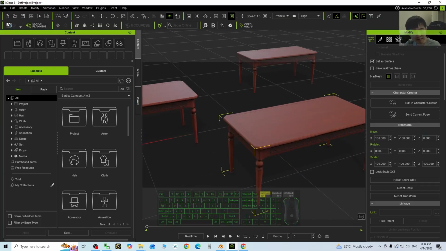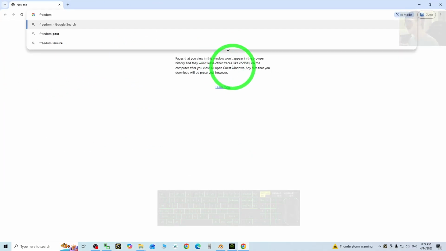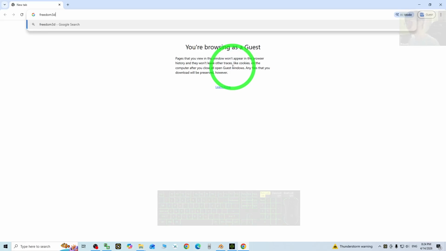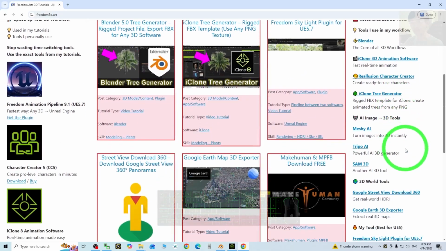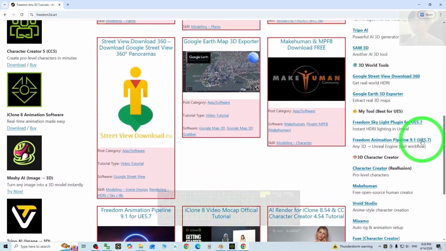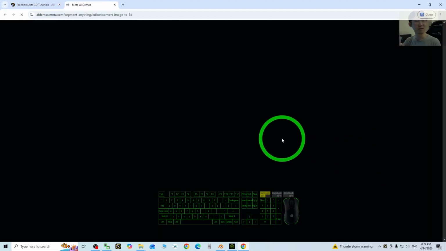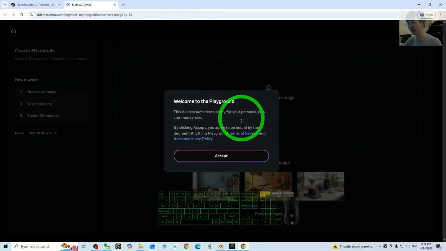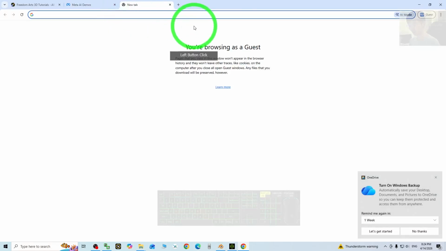Let's go. The first step, you can just go to any internet browser and search for my website, freedom3d.art, and press enter. From there, you can access one of the AI 3D tools called Sam3D. It can turn any image into 3D. Just click accept, and next you just need to go to